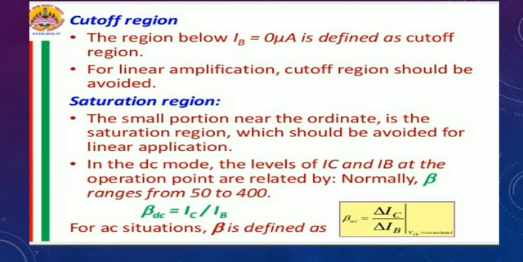That's why the small portion near the ordinate is the saturation region, which should be avoided for linear applications. Yes, now in the DC mode, the level of collector current and the base current at the operation point are